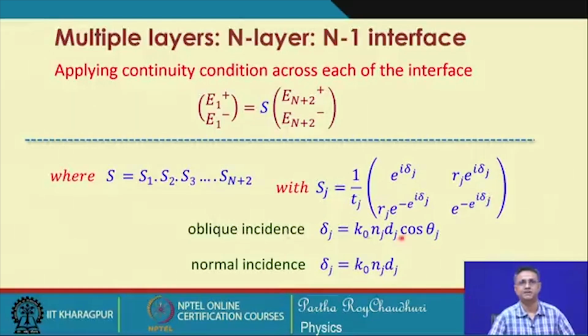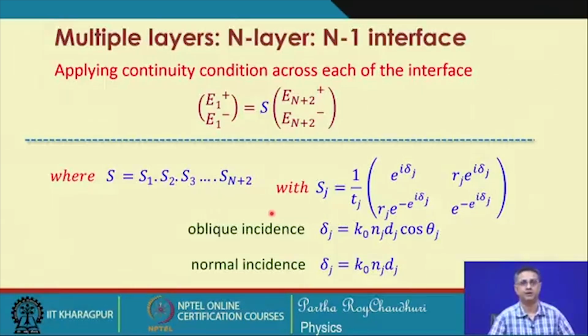For oblique incidence, this delta j will have a cosine theta j, but for normal incidence this will be only k 0 n j d j. So, this is very simple to formulate, and this is the well known matrix formulation for multilayer